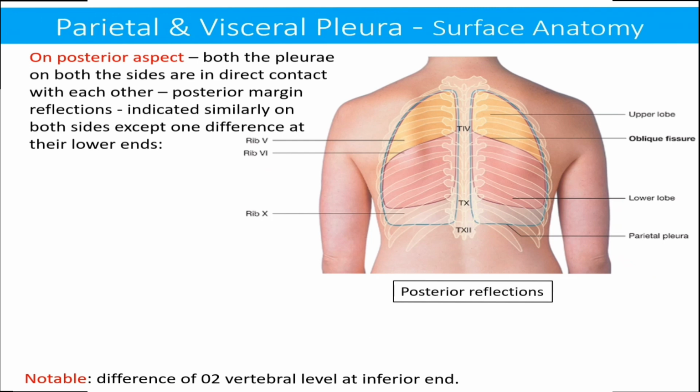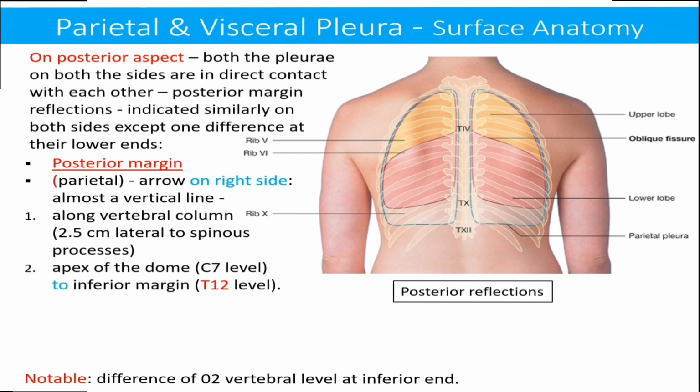On posterior aspect, both the pleurae on both the sides are in direct contact with each other. Hence, posterior margin reflections are indicated similarly on both sides except one difference at their lower ends. Posterior margin of parietal pleura, as shown on the right side, is indicated by almost a vertical line along vertebral column 2.5 centimeter lateral to spinous processes from apex of the dome, that is C7 level, to inferior margin, that